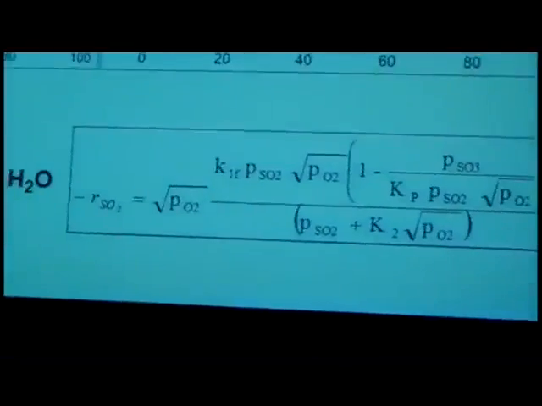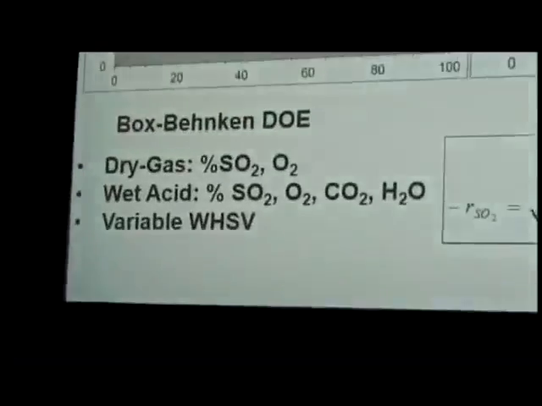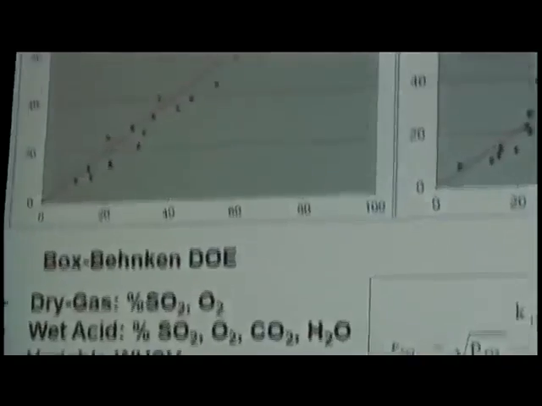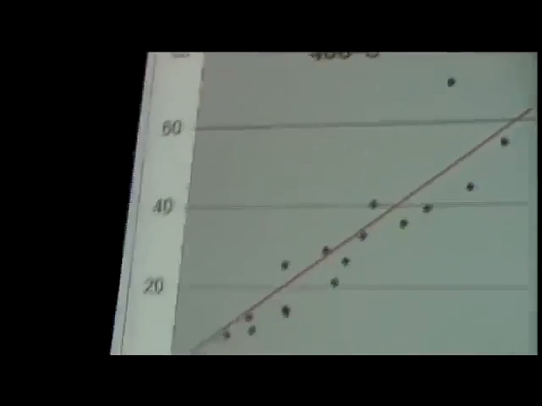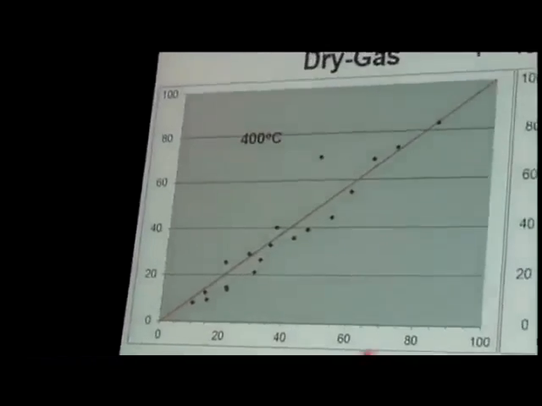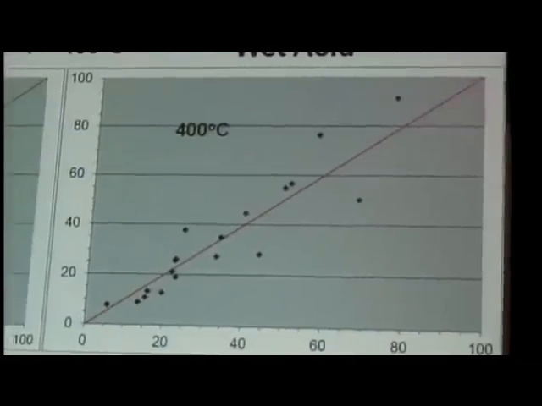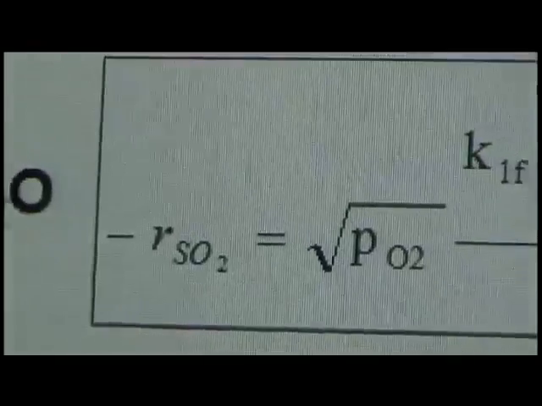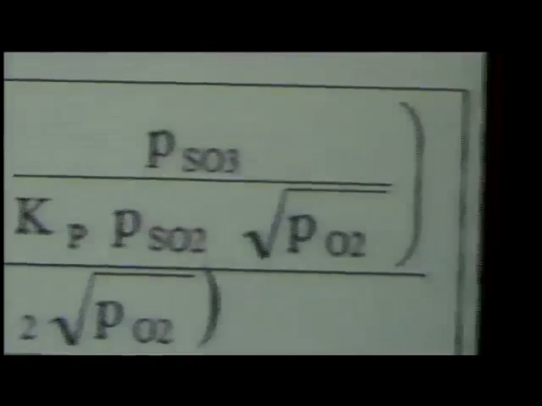Here is a comparison of the kinetics for the dry gas versus wet acid process. This data is one example of the data which is produced. This is a parity plot which compares the experimental rates to the model predicted rates based upon the equation shown here. And because the system is basically automated, one can define an entire set of experiments,